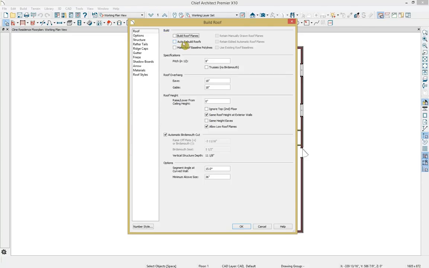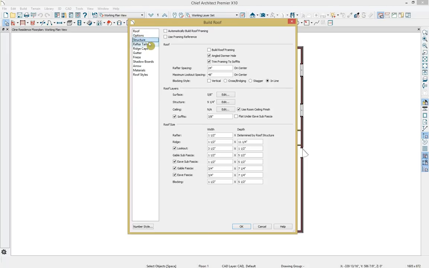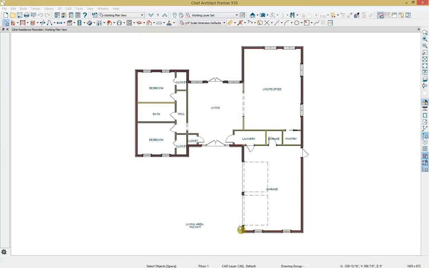We're going to start off by checking this auto rebuild roof, and then let's go ahead and change the pitch from an 8 and 12 to a 6 and 12. And then you can specify many other options for this roof. You can change the roof overhang here, the roof height, the bird's mouth, other options for how the eaves and break lines behave, how this roof should frame, the rafter tail, the ridge cap, change the gutter, and other options as well. Let's go ahead and press OK, and then in our floor plan we can see where that roof